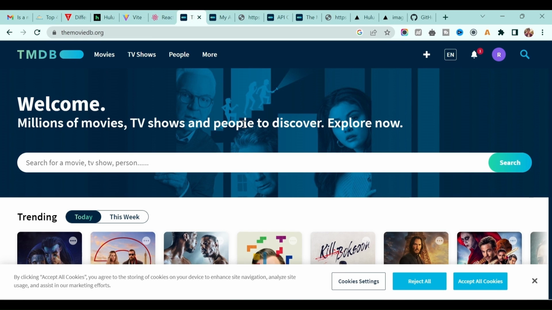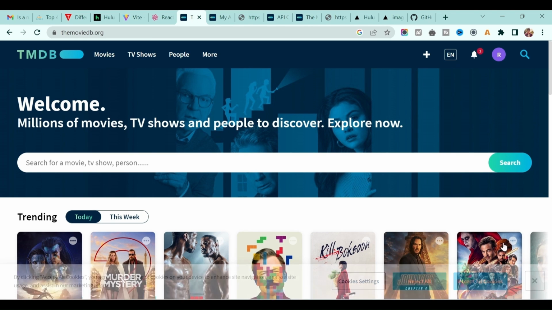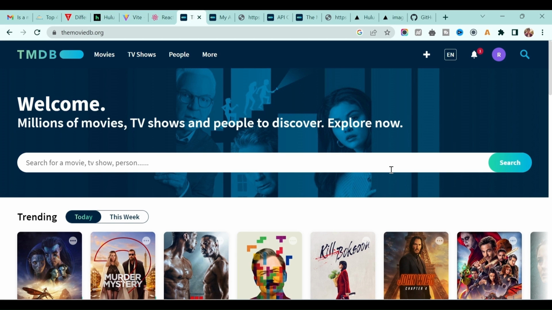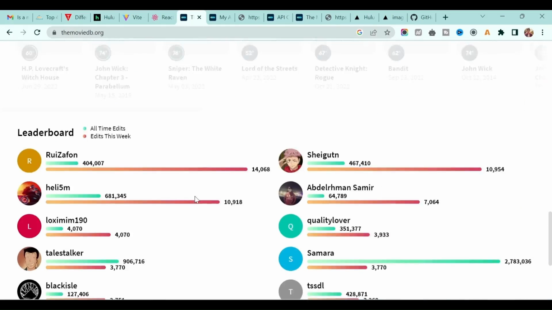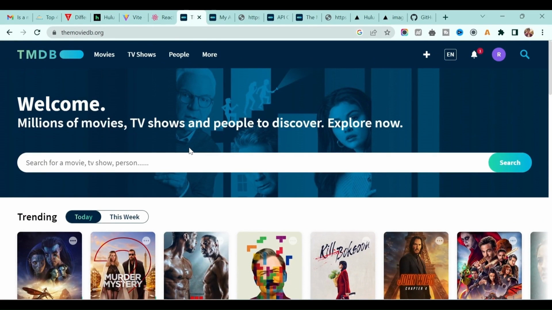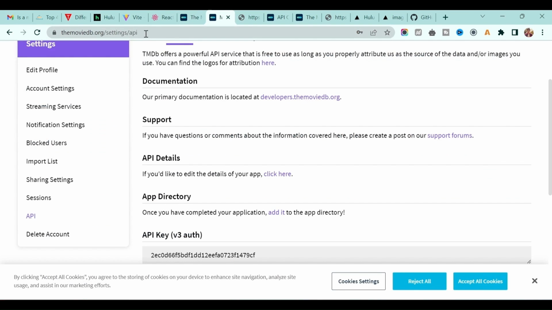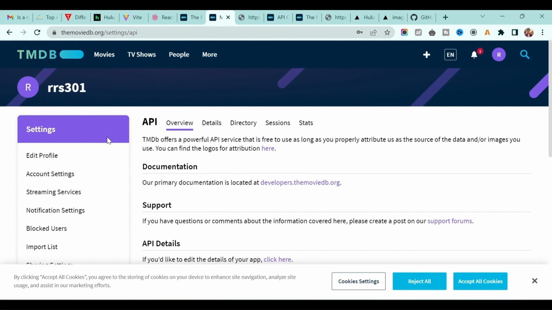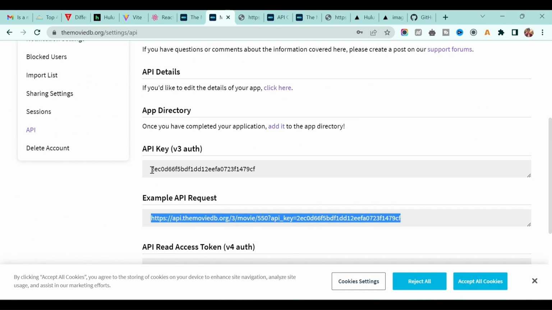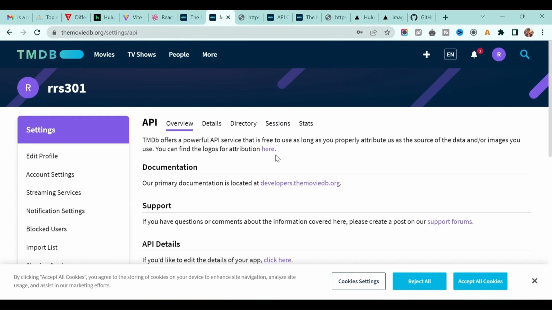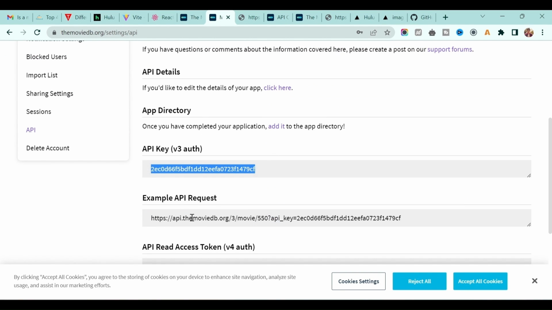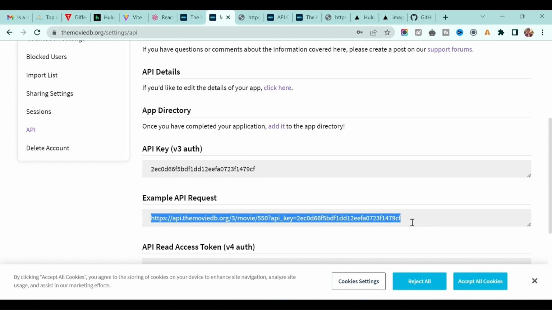Now, in order to display the list of movies with images and all the details, we are using the moviedb database.org. If you go to this site, themoviedb.org, you will find all the movies. This site provides APIs for all the latest movies with all the details. Just log into this one, and then on the settings side you will see the API section, where you will find this API for your account. That API you have to use, and this is an example of how you will get the response.